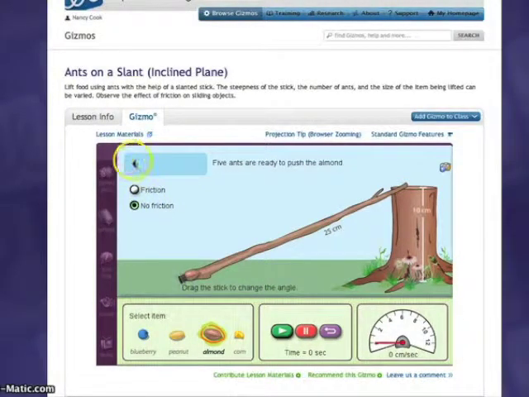So let's make it 6 ants and see. And now that works. And so we can see that it does work, but we can also look at the time. We can continually change this experiment and maybe change one of the variables and think about what the effect of changing that variable has on the results, looking at time and looking at whether they can push the ant up. So this is just one example of the thousands of gizmos that are on here. So play around with this one and go ahead and play around with some other ones if you'd like while you're in there. I think you'll really enjoy this.